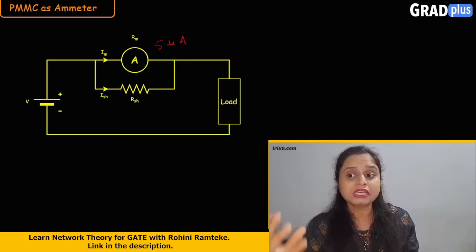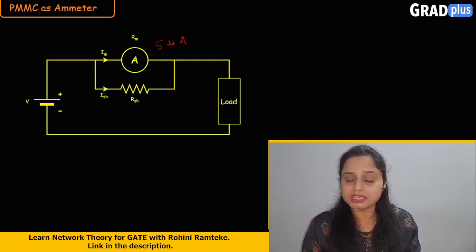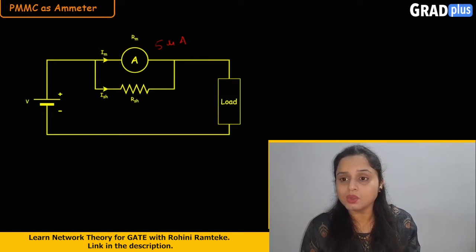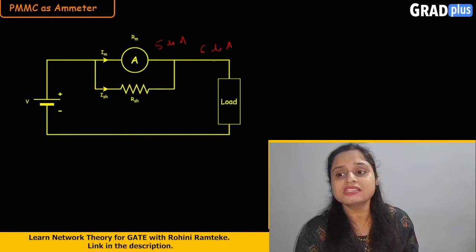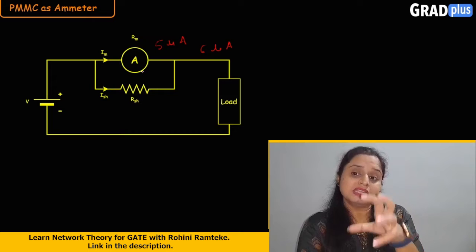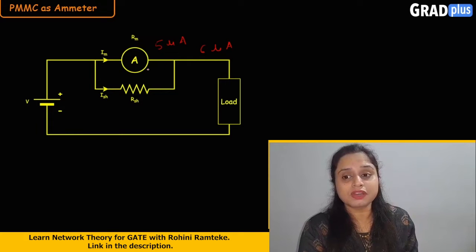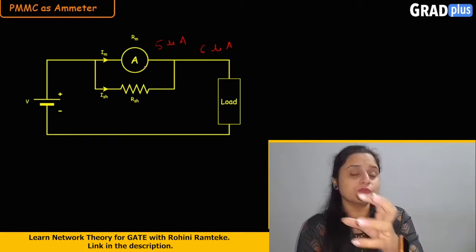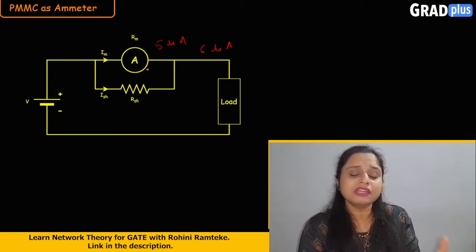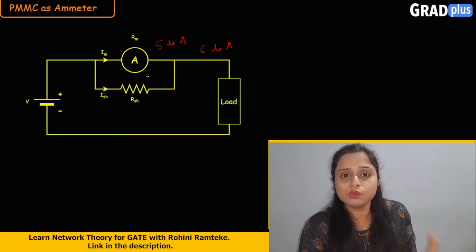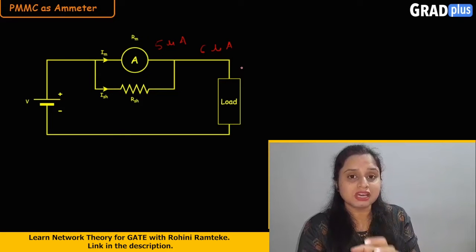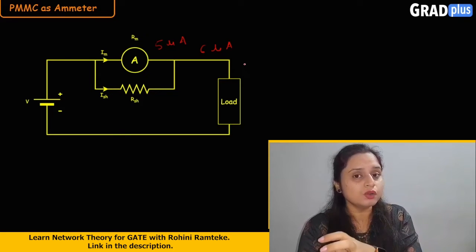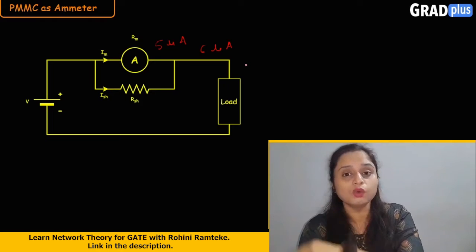If suppose the current required by the load is 6 microamperes. Now what is happening when this 6 microamperes of current is directly flown through this ammeter? That ammeter will get damaged, but we don't want that. What we want is that the 6 microamperes current that is required by the load should go to the load only